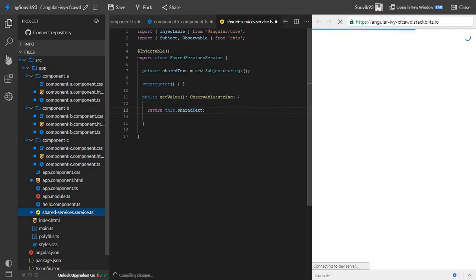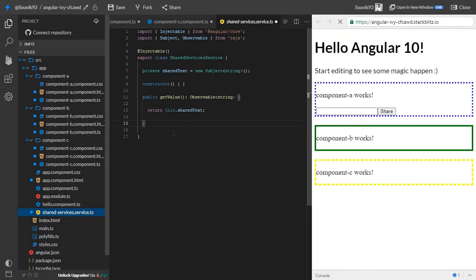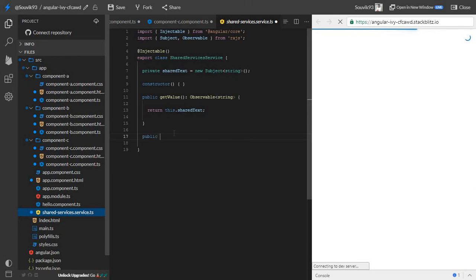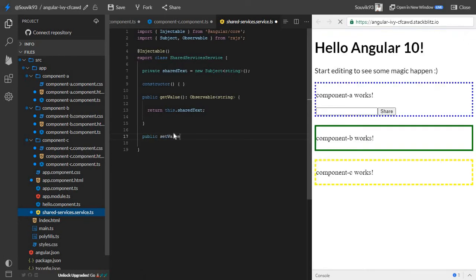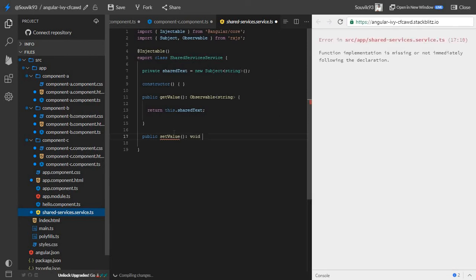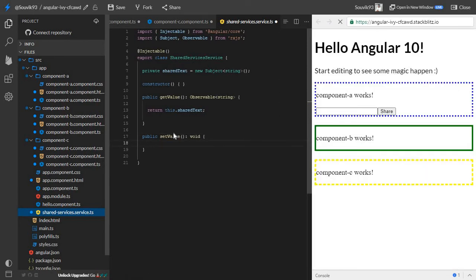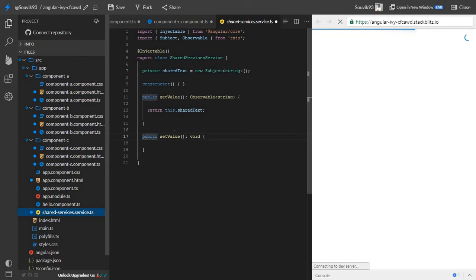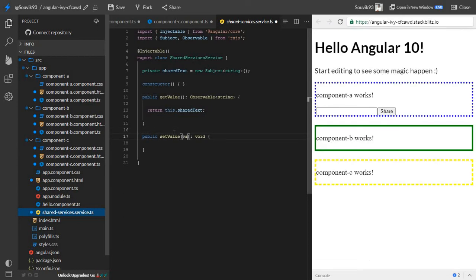So we are just returning it. Similarly I am going to create one setter method to set the value of the subject. It should be setValue, and we are not returning anything, so it should be void. To set the value, I need to pass one value, so let me define value as a string.